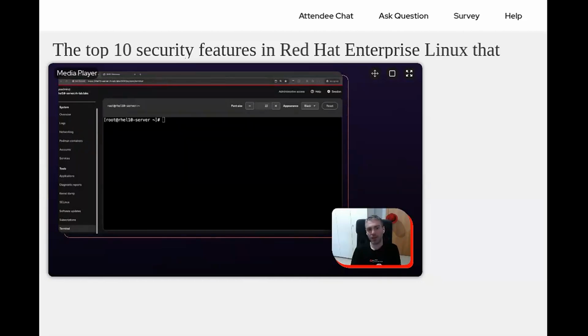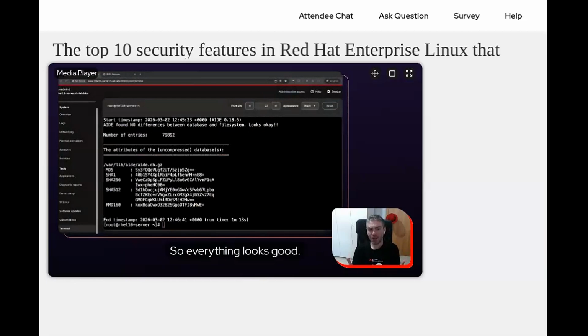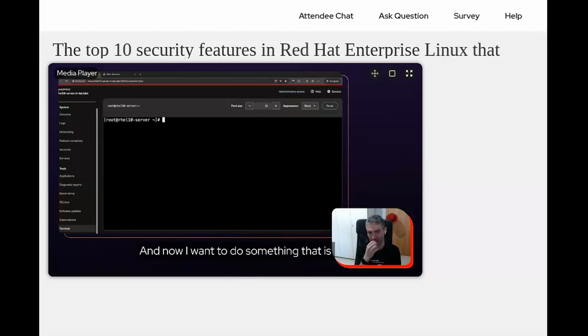Here we go. Our fantastic server is now ready to test something. And let's check, first of all, if our configuration is okay. So we just want to be sure that we are starting from a clean situation. So everything looks good. So the issue that we had with the hosts file was solved. Our security team just checked that everything was fine. And now I want to do something that is different from before. So what I want to do is